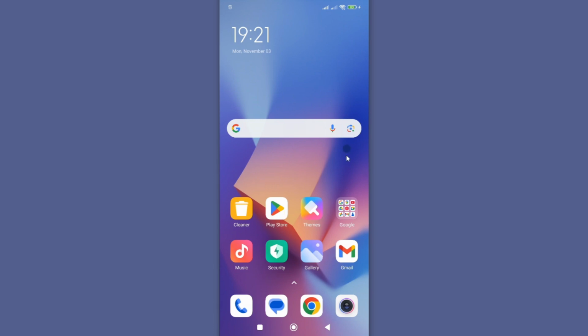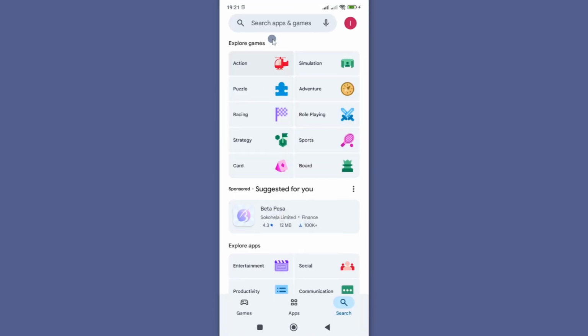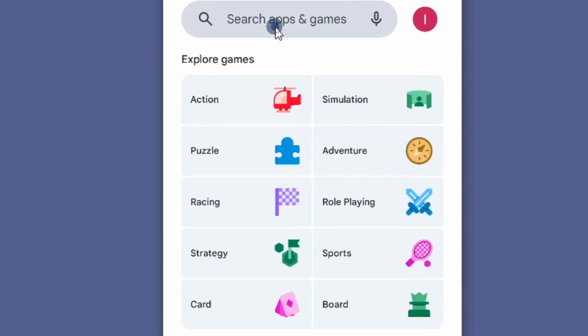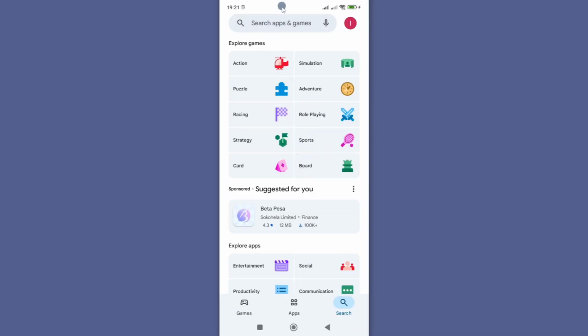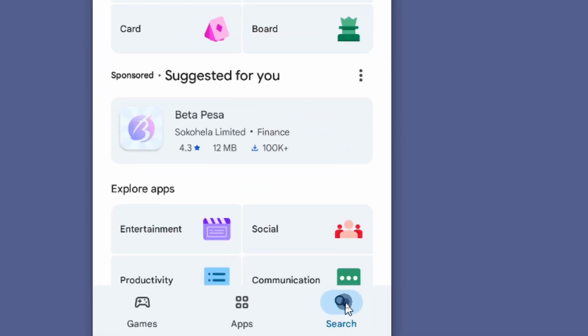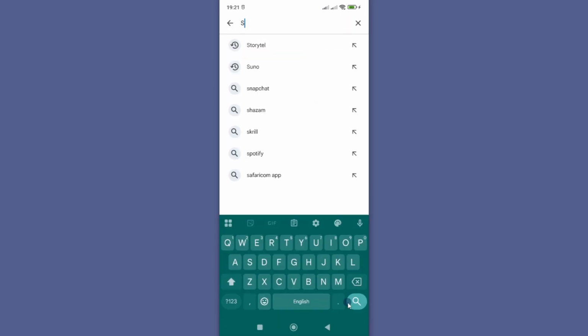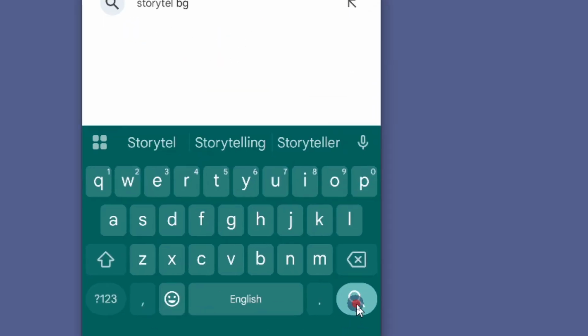Now, to get started, you need to go ahead and look for Play Store on your Android smartphone. This is the platform where you can download an app on your Android smartphone. So if you tap on Play Store, now you'll see we have a search option here. Go ahead and search for your app. If you can't see this, you can also use the search icon here, and this will allow you to search for any app. So I'll go ahead and search for Storytel, and to get it, go ahead and tap on